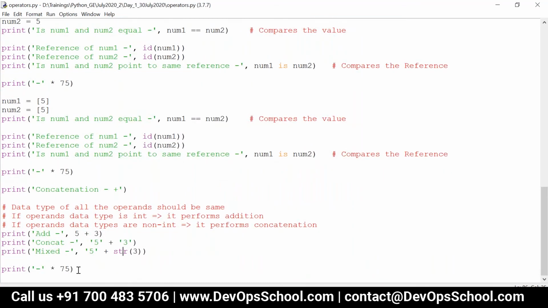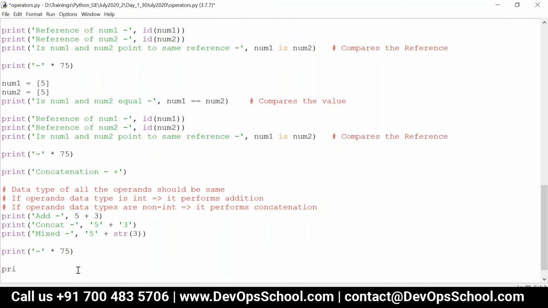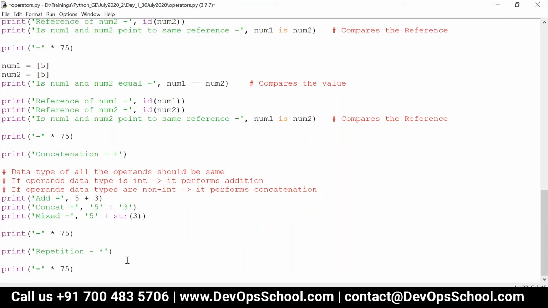And the last one is the repetition operator, the one which we are using very frequently. If all the operands' data types are int, it performs multiplication.